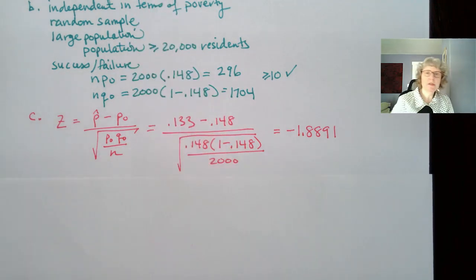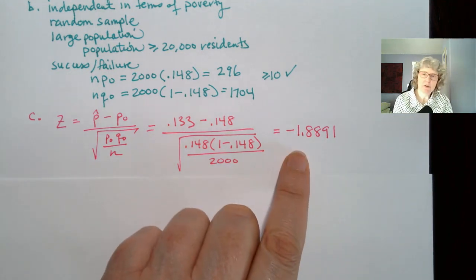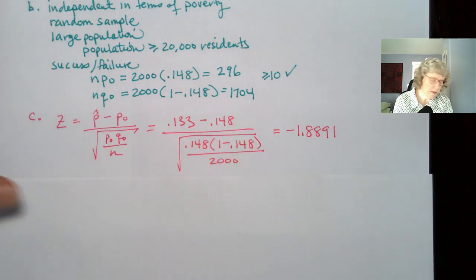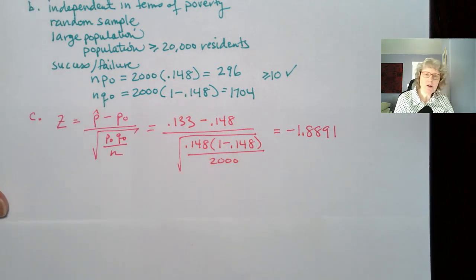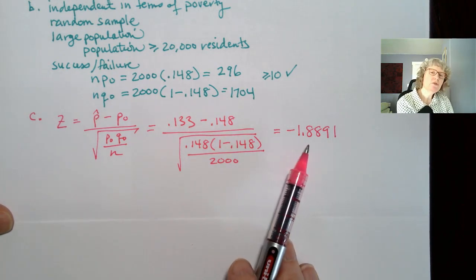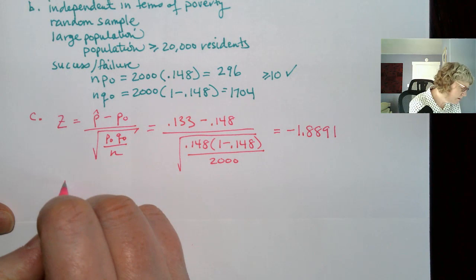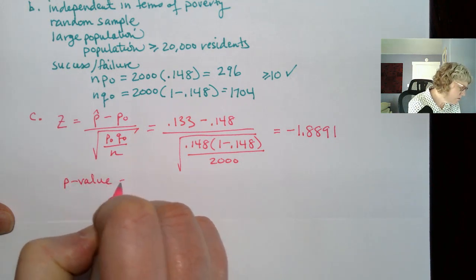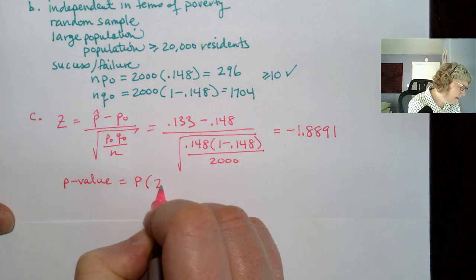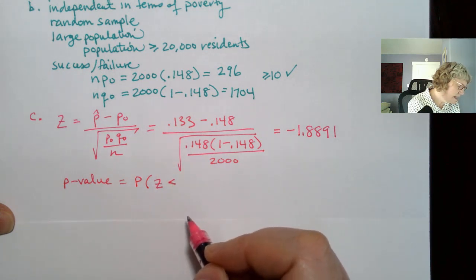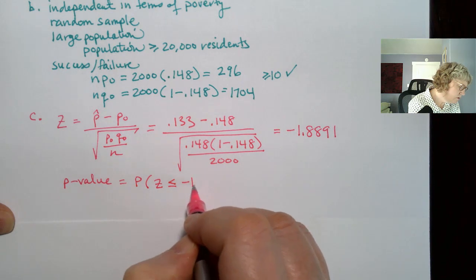It's a two-tail test. So in a two-tail test, depending on which side your observed result is on, it could end up on either side, right? So when we put this into Statplet, we need to make sure we put this in the left tail. Okay. So we got our test statistic, our z-score. This is not 2 standard deviations away, right? So I'm not quite sure. Is this going to be significant or not? So our p-value, we're going to find the probability that z is less than or equal to negative